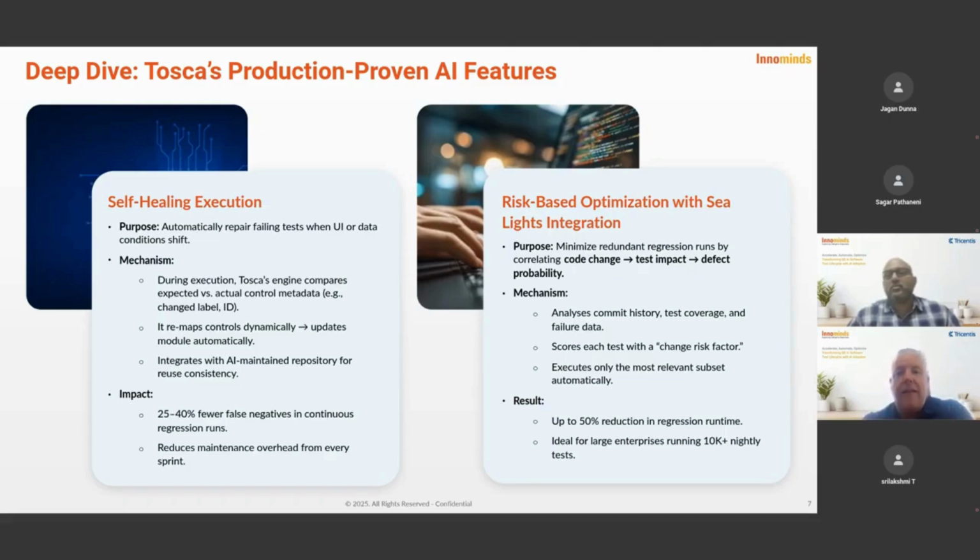And I'm glad to say with our Sea Lights acquisition last year, we're now able to expand this into other environments with the same concept. For any change that comes into an environment, I can map that directly to the tests that affect those functional paths. And this has resulted in a massive savings in the amount of tests we need to execute. In some cases, 70, 80% savings of effort so that we only run the tests that we need to. In fact, I've seen some case studies where customers using immutable infrastructure, where you spin up your environment in the cloud and spin it down when you're done for testing, save $50,000 to $100,000 a month just in environment spend because we weren't running everything every time.